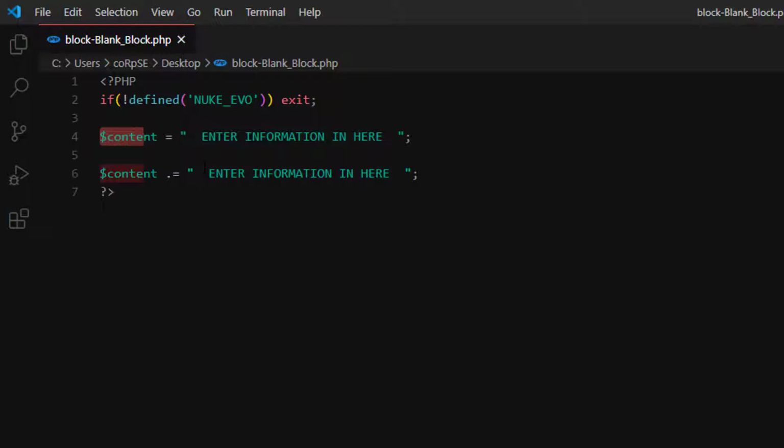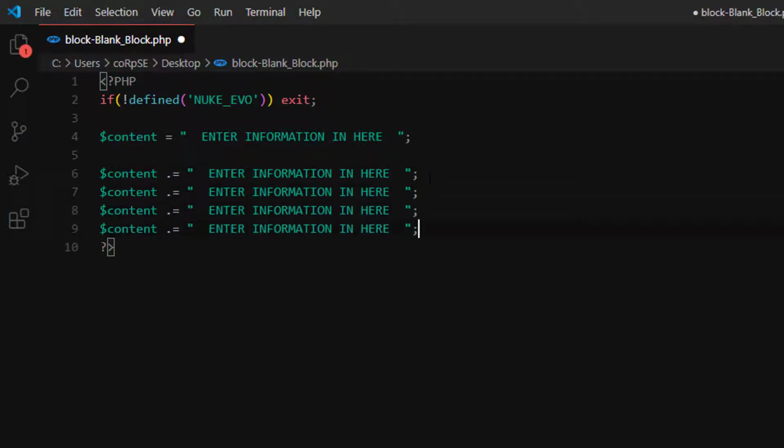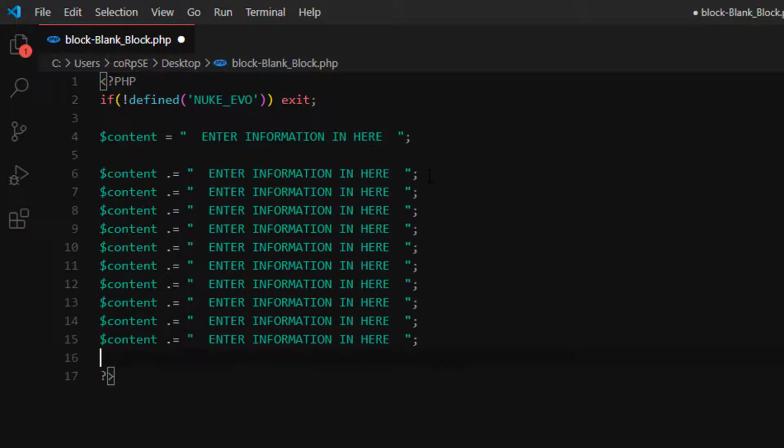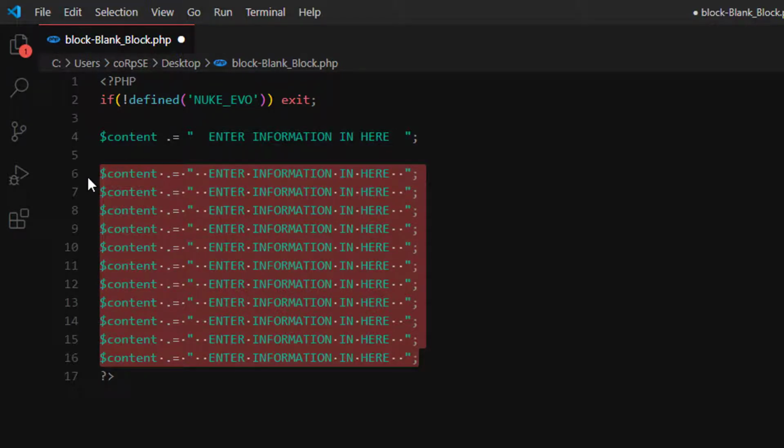That is called concatenation. So if I wanted to add more, I would just basically copy this line and you can have as many as you want of these. For this part on, you need to have periods. Only the first line that is being exposed or being printed does not need the period. Can you do this? Absolutely. You can run it with straight periods, but if you want to know more about this, you can look it